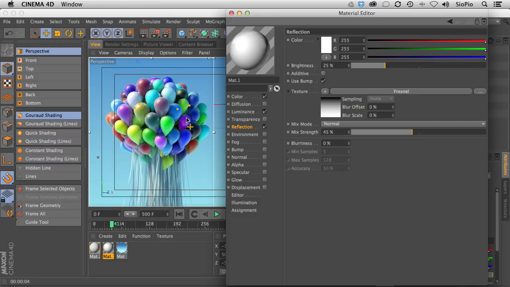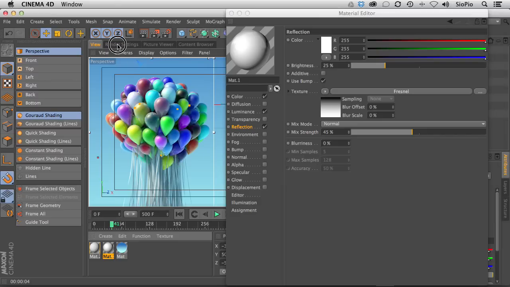And now we've got some nice shiny balloons. Now the only thing missing is the transparency. Now transparency is going to take a huge hit on the system. And one setting before you do any type of transparency, and I can already see it's happening here with the